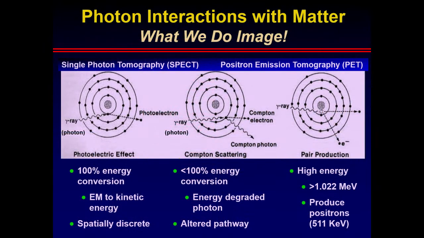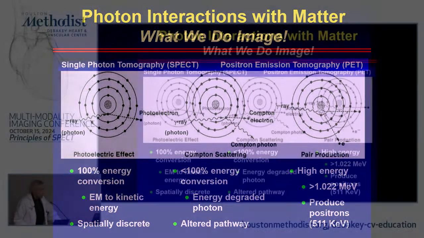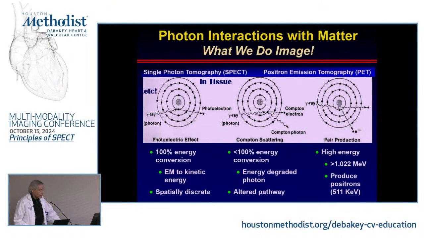When we think about photon interactions, in single photon tomography as well as in positron emission tomography, we're talking about the interactions in tissue, which, remember, we're injecting a radio tracer, so it has to get out of the body. But there are interactions within tissue for it to get out of the body and to be imaged with a crystal, either in PET imaging or in SPECT imaging. And these emissions are either what we call